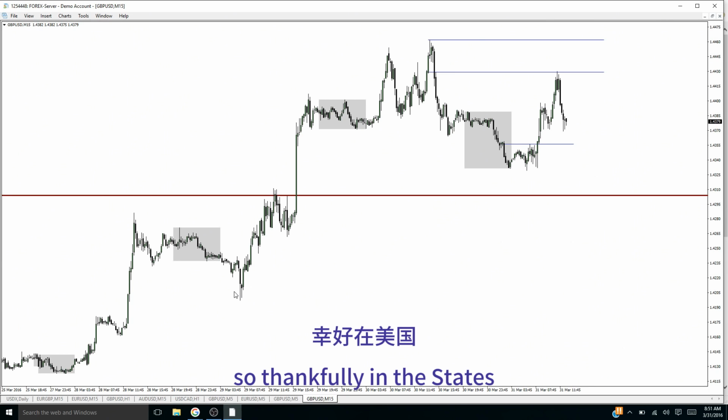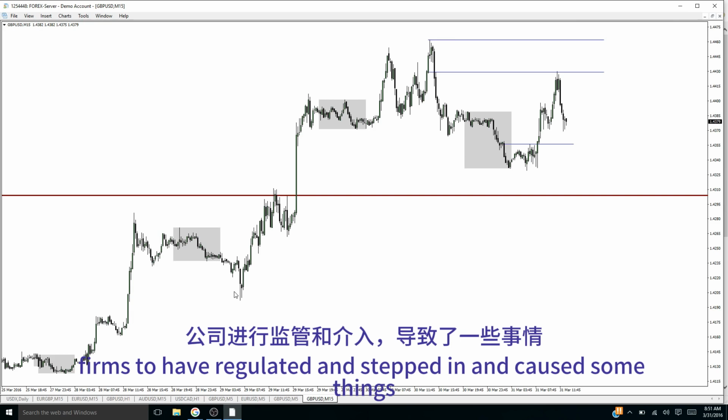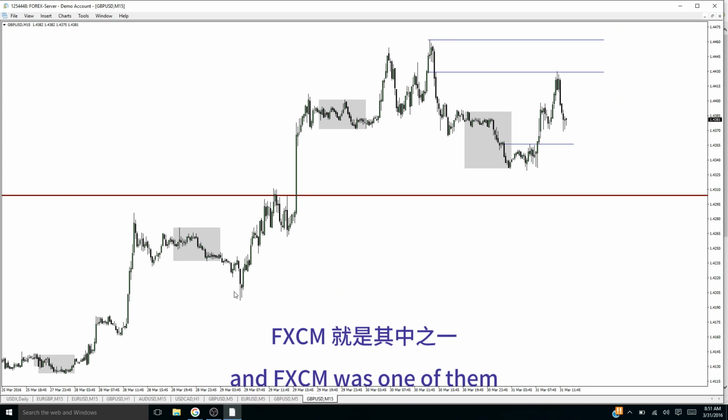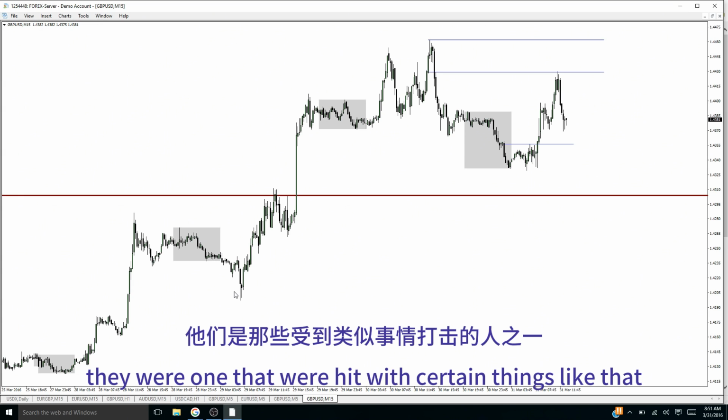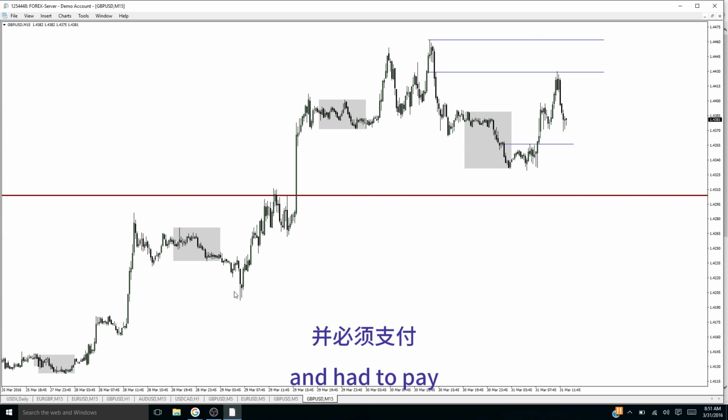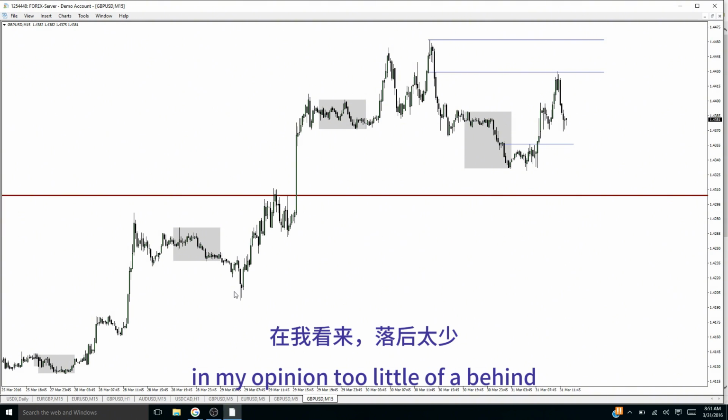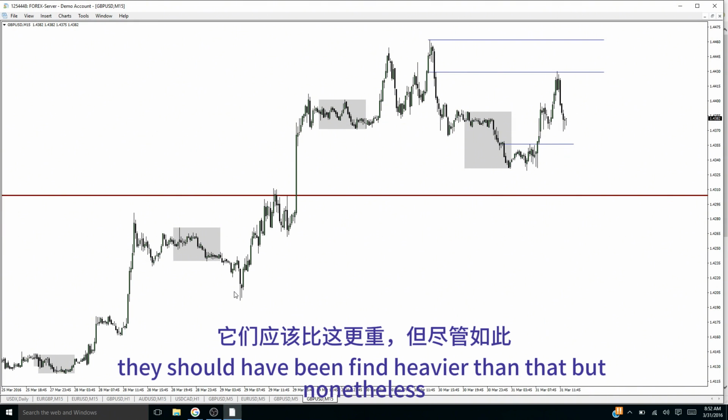So thankfully in the States we have a lot of brokerage firms that have regulated and stepped in, and FXCM was one of them. They were hit with certain penalties like that and had to pay, in my opinion, too little of a fine. They should have been fined heavier than that. But nonetheless,